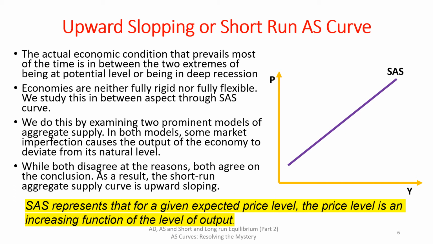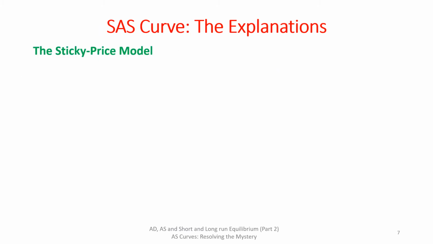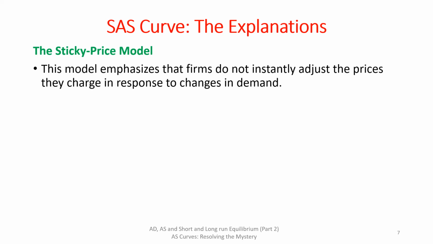Students, as I just told, there are two prominent explanations for the upward sloping aggregate supply curve. First of them is known as the sticky price model. This model emphasizes that firms do not instantly adjust the prices they charge in response to changes in demand for